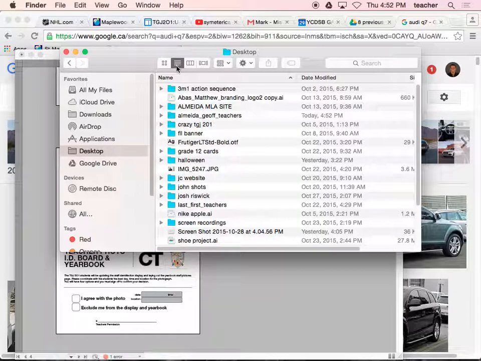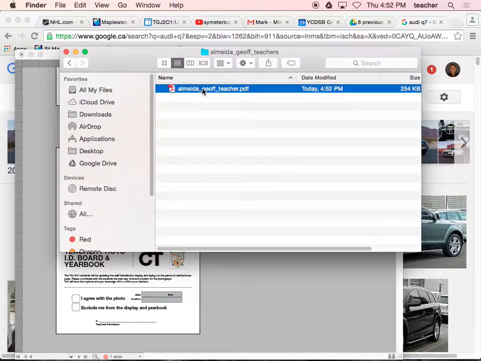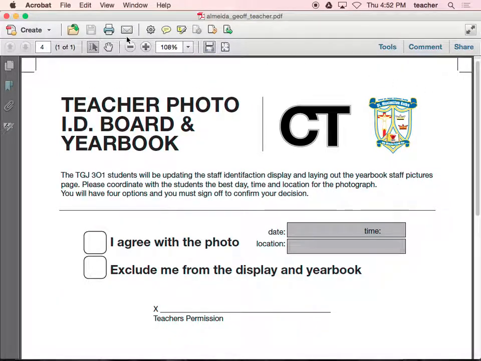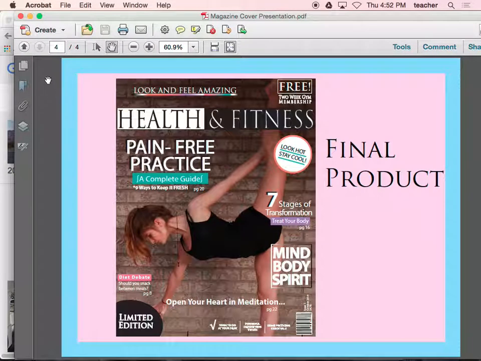Let me organize this a bit better. By name, Almeida Geoff Teachers, and in there is a PDF, and that PDF should look like this. Okay, cool. The next thing you need to know is